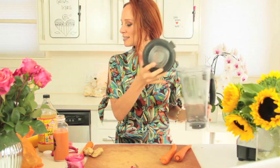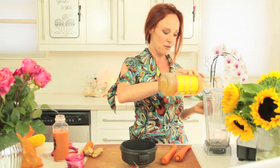So as far as the liquid goes for the dressing, I think I would like to use apple cider vinegar. Orange juice would have been a great choice, but I forgot to pick up the bag of oranges. So I'm going to just do this right now, I guess. Go for it. So we have apple cider vinegar, which will give it a zing. I'm going to chop the carrots. If you want some body to your dressing, which we usually do, in order to categorize this as a dressing, it has to kind of grab to the lettuce leaf. So the best way to test your dressings is just to dip a lettuce leaf in it and see if